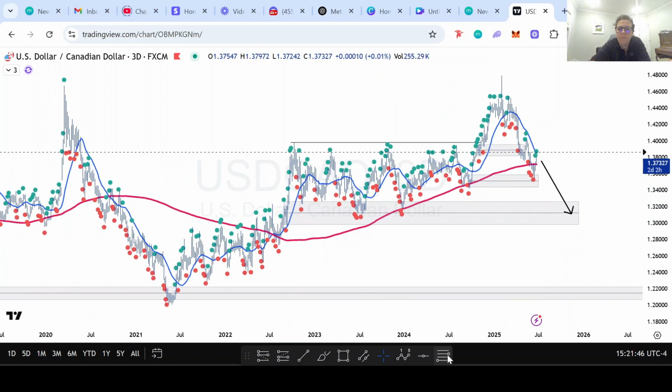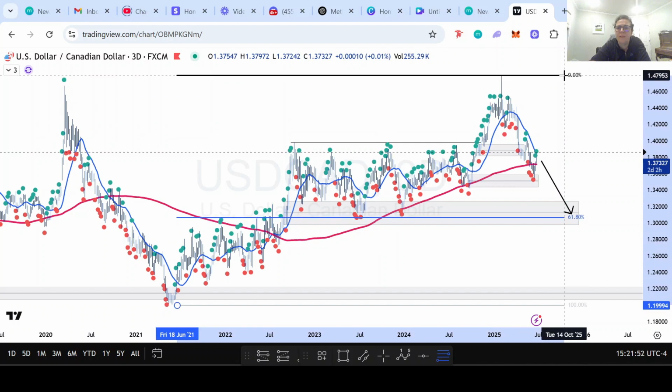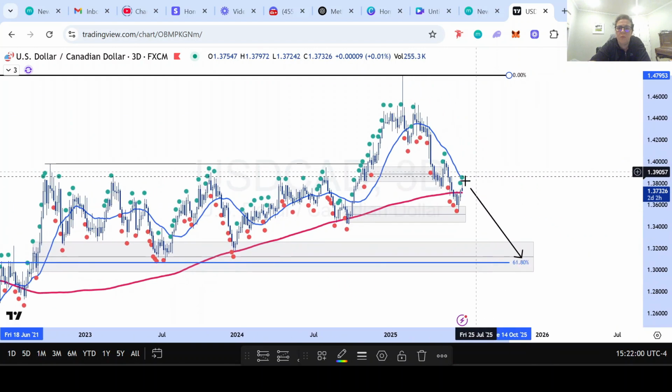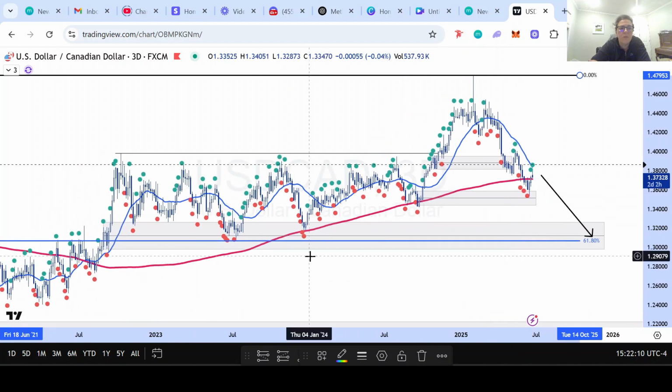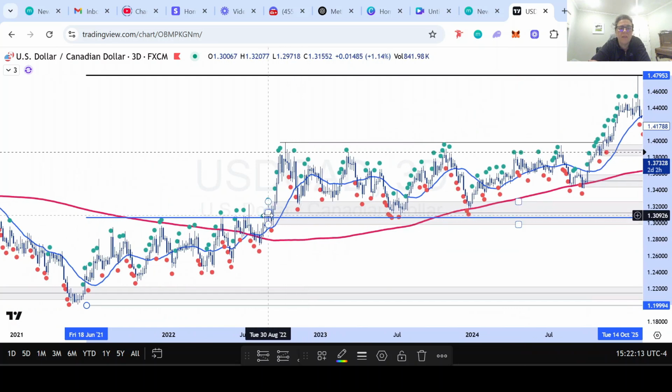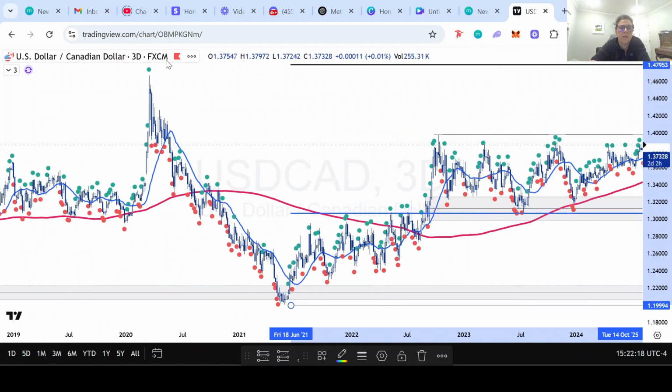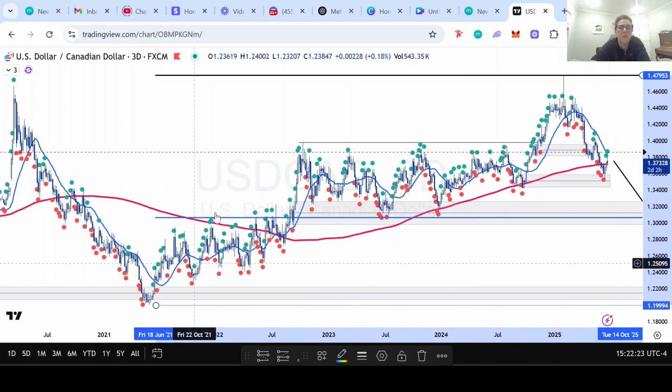Also, if we whack our fib on the extreme high to low, our next target, so when we've got some short entries here, I'm just waiting for confirmation to enter them. Our next target will be this zone, which coincides with the 61.8. But also, let's just look at why this is the zone, because if we look at our break of structure, so when we were retracing back up here, we've got this initial kind of